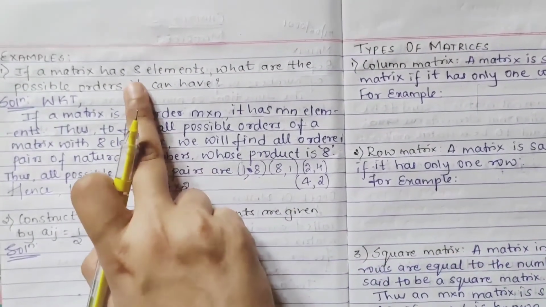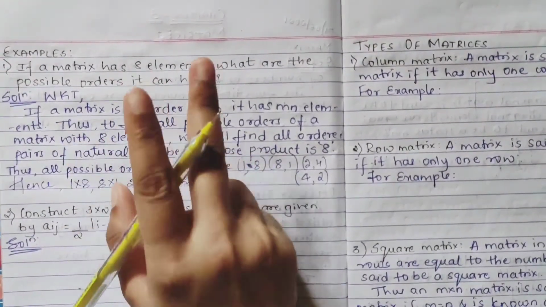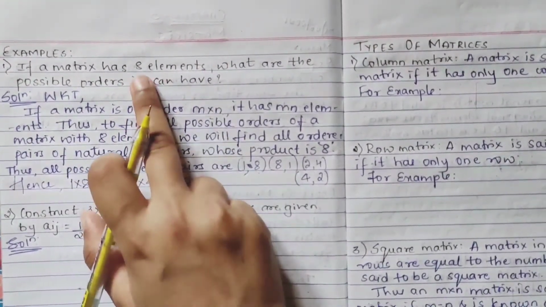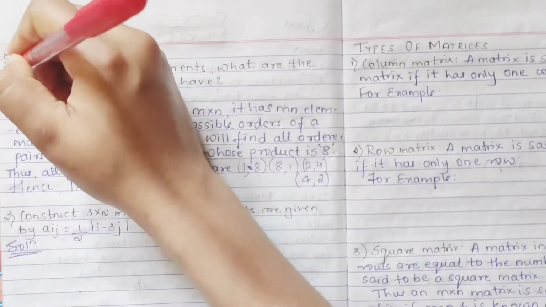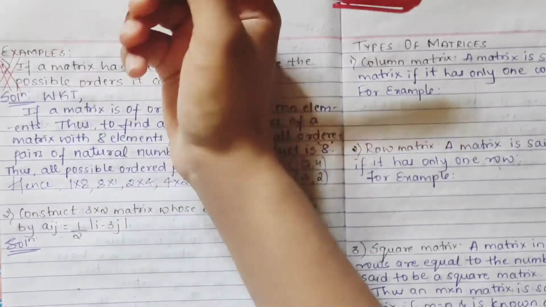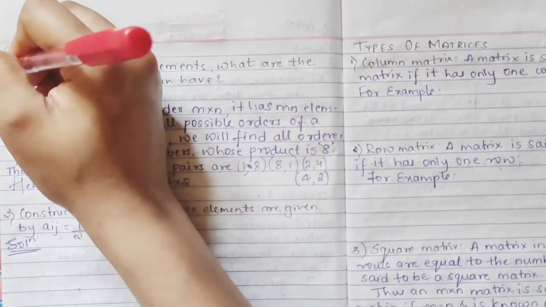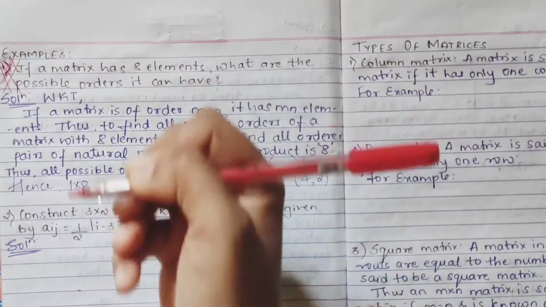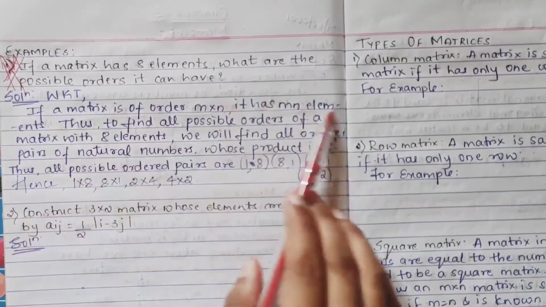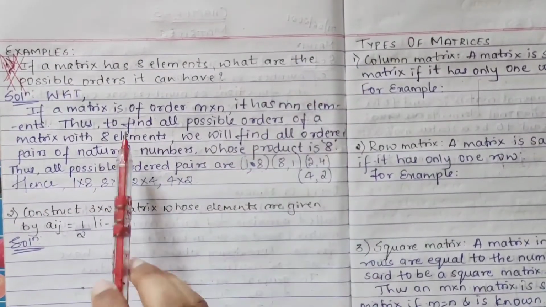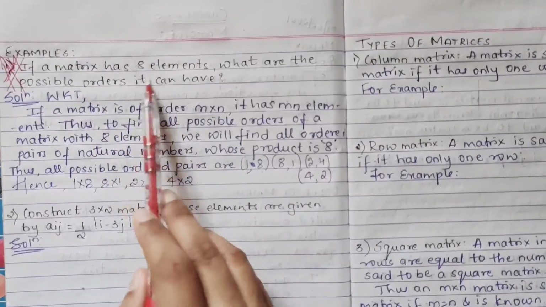Simple. When they have given you the elements, you just have to check the product, meaning the two numbers which multiply to give the number of elements. Such problems come for 1 mark, so note it down. I'll write here, it is for 1 mark. Concentrate. No need to write all this, it is just for your understanding. You can directly write the possible ordered pairs for whatever number of elements they have given.